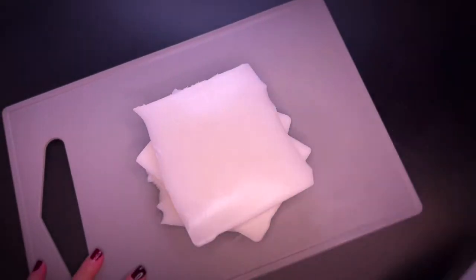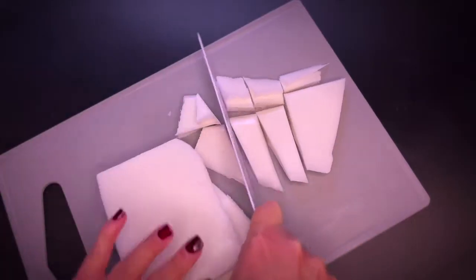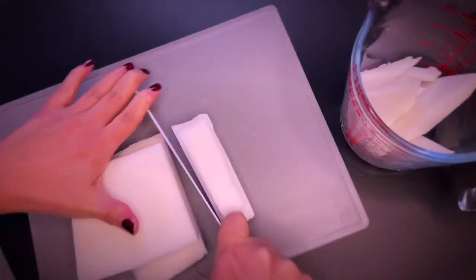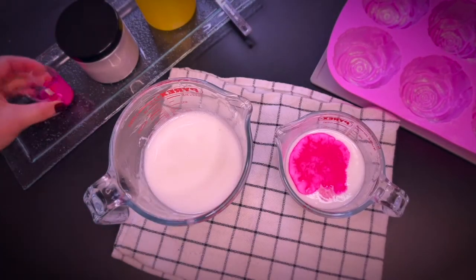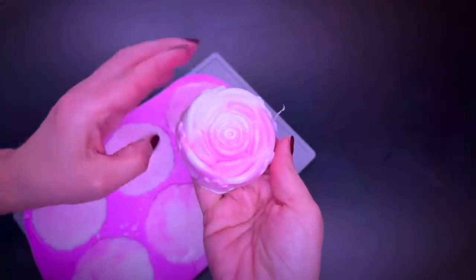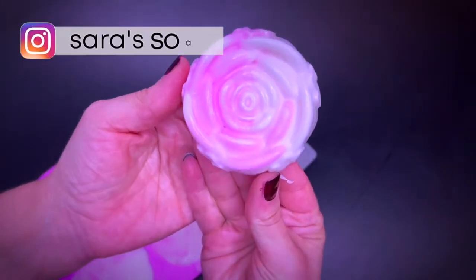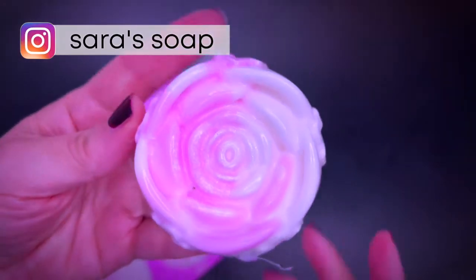Melt and Pour is a soap base that can be melted and customized according to your likings. For example, in terms of colors, fragrances, and shape. The soap base has already gone through saponification process so that we only need to melt and pour it. It can be taken out of the mold within an hour or so and can be used immediately without any